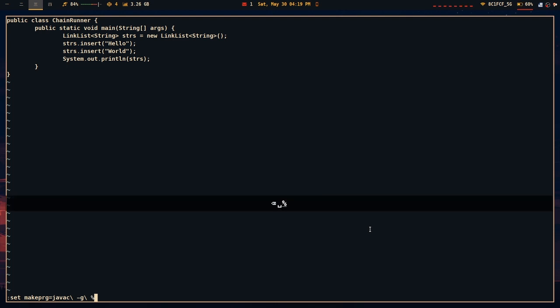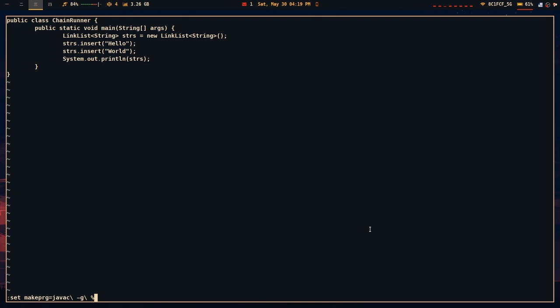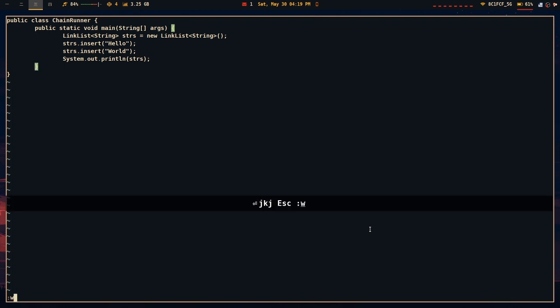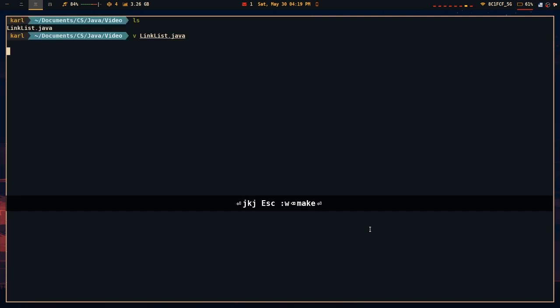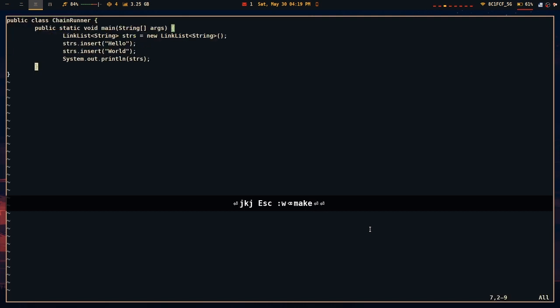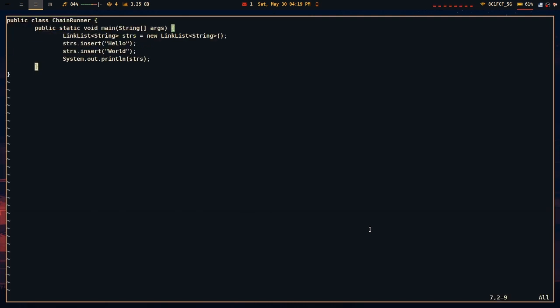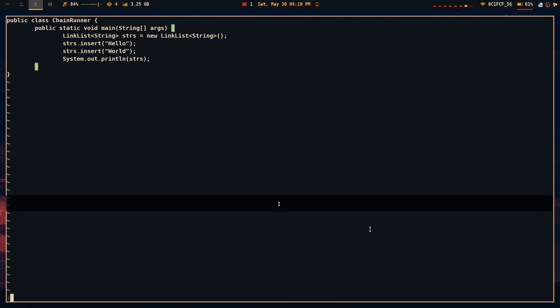And then our file name, and the percent sign just stands for the file name if you don't really know. Space, and then we can do make. Now it will launch the terminal, and it will make our project. And this is really useful because